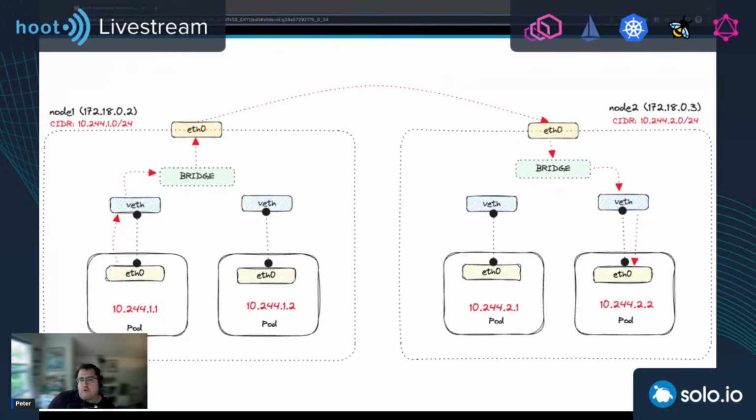And here's the more visual representation of that rule. So if you're looking at the node only, it's same as it was. But then once it comes to the bridge and goes to the routing rules, those routing rules will basically say, hey, if the IP falls under the 10.244.2.0 CIDR range, then we know it must go to that IP address, the IP address of node 2 in this case. And then once it's received on that node, the internal node routing rules will know how to route it to that pod.